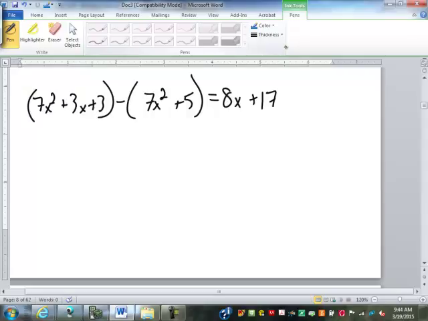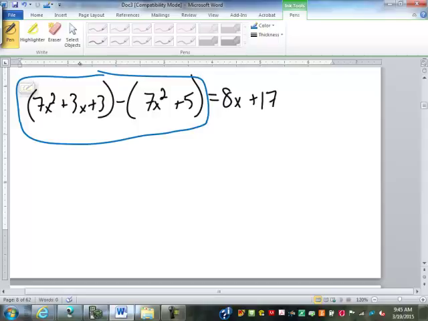you off. You start to think, well, we don't know how to solve things with x squared yet. But remember, the first step is always to simplify what you can on each side of the equation. And on the left side of the equation over here, we have polynomial subtraction, or algebraic numbers being subtracted. And the way we do that is we just write them out and line them up. So 7x squared plus 3x plus 3, and we're subtracting here, but we're going to line up the 7x squared